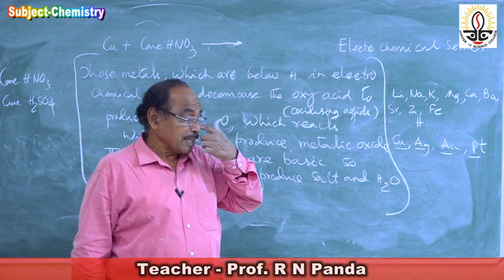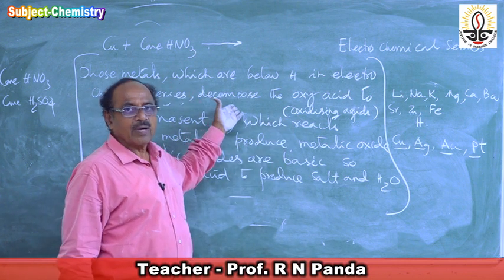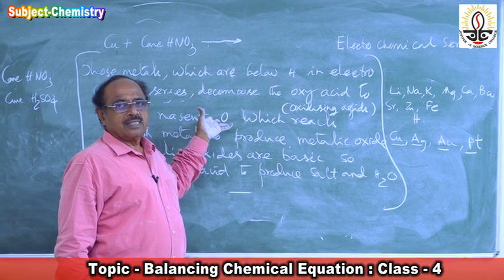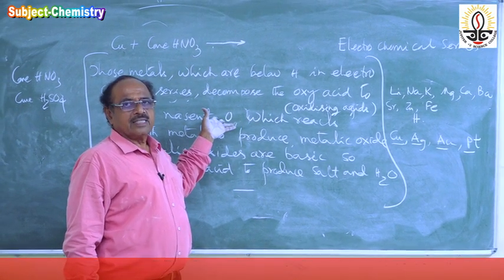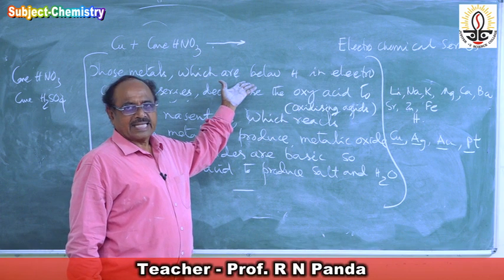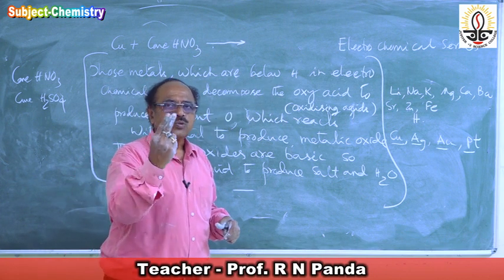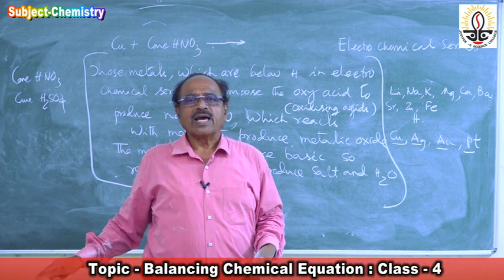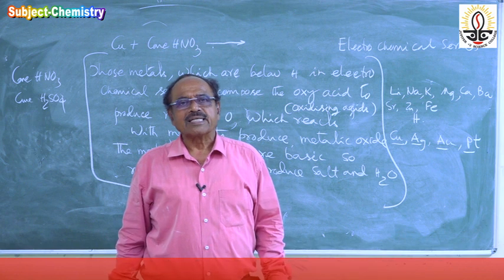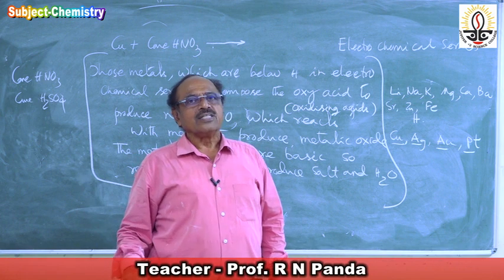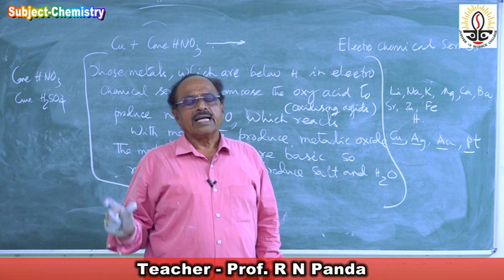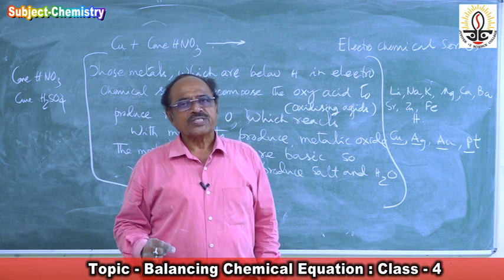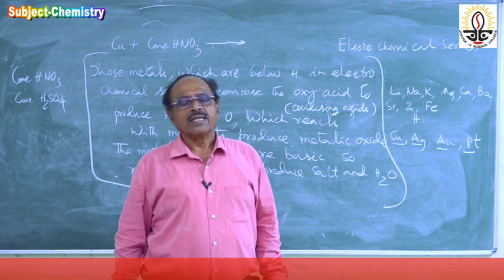So this is a chapter: copper metal you have in the second year, and nitric acid you have in your first year. Nitric acid is first year chemistry, and copper metal is second year. Now you are completing two reactions, one of second year, one of first year. While completing your balancing of chemical equations, you are completing a second year chapter and a first year chapter. So if you possess these ideas, you can answer.